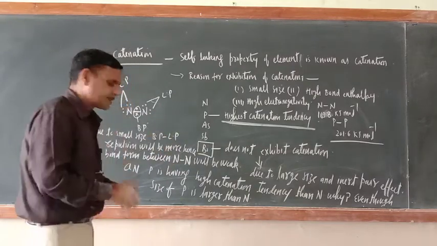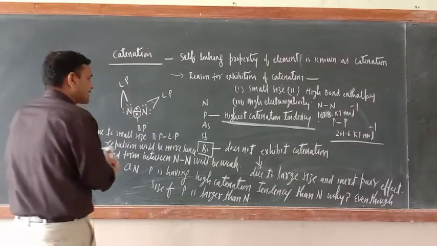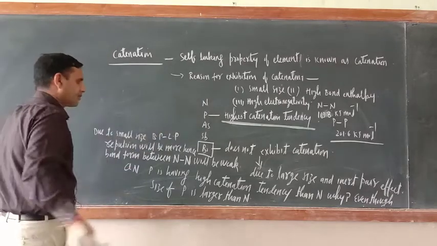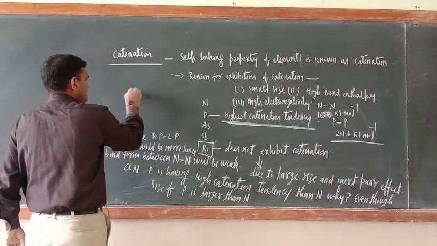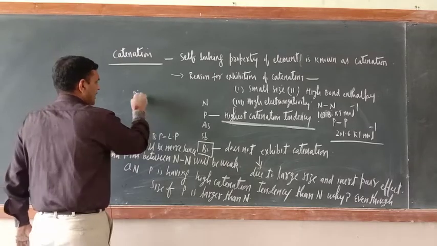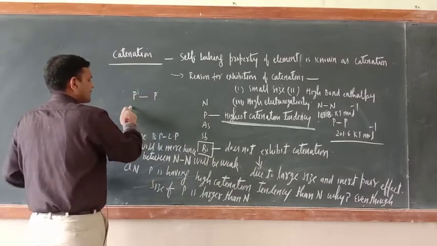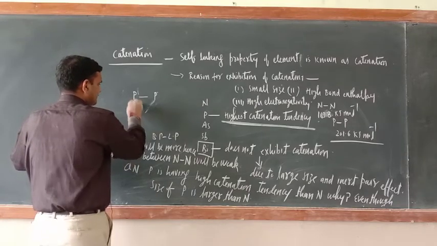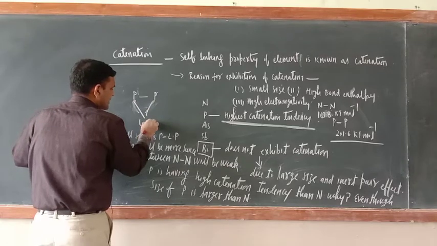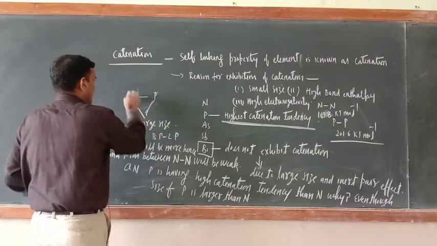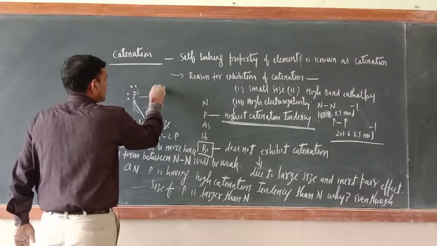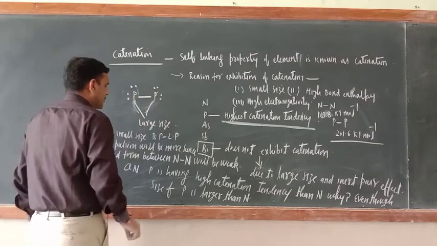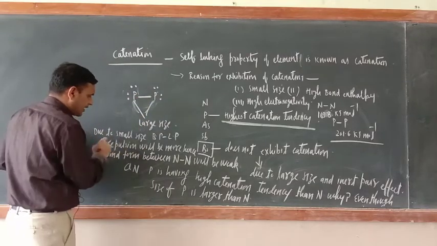What about phosphorus? Same thing. Just see. As compared to nitrogen, the size of phosphorus is large. Just see here. This is phosphorus. Now take another phosphorus. Okay. So the size is large. Here you can write large size. So here phosphorus is also having 5 electrons. So 1 electron is forming a bond here. So here what you can write? Just I am editing here only.